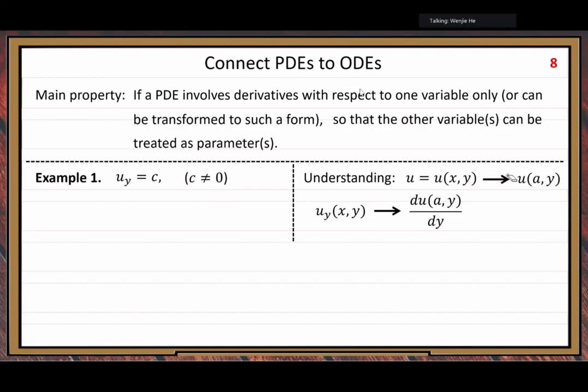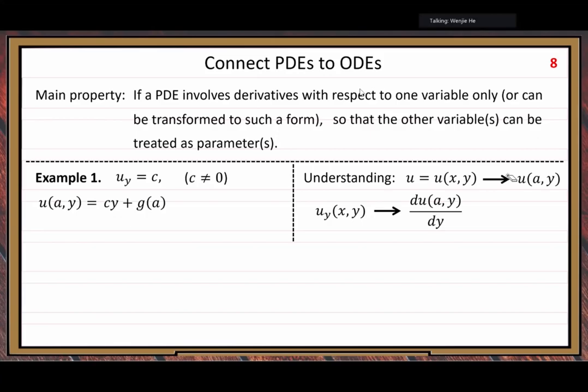So a, we treat it as constant. This ordinary derivative equals constant c. Can we write u(a, y) as some simple function, the antiderivative, cy